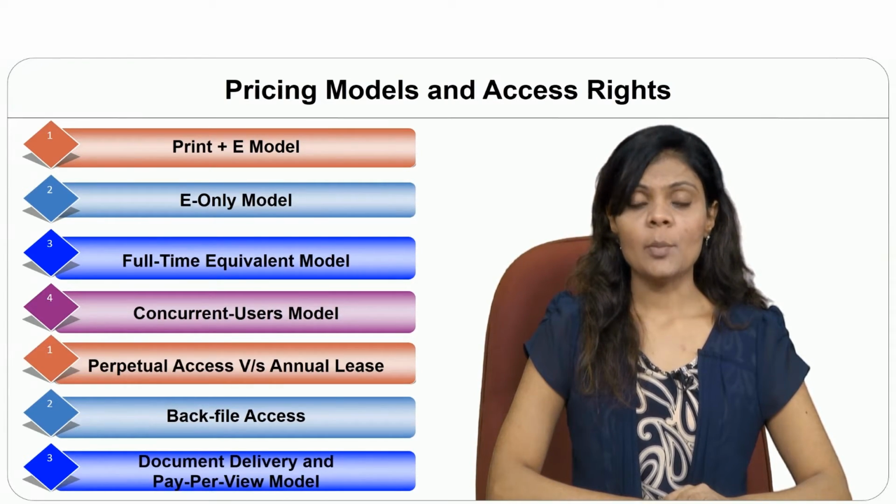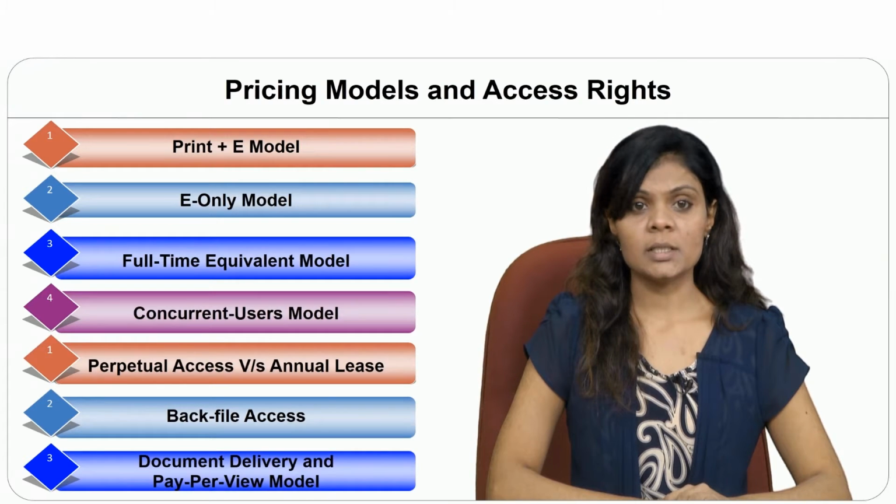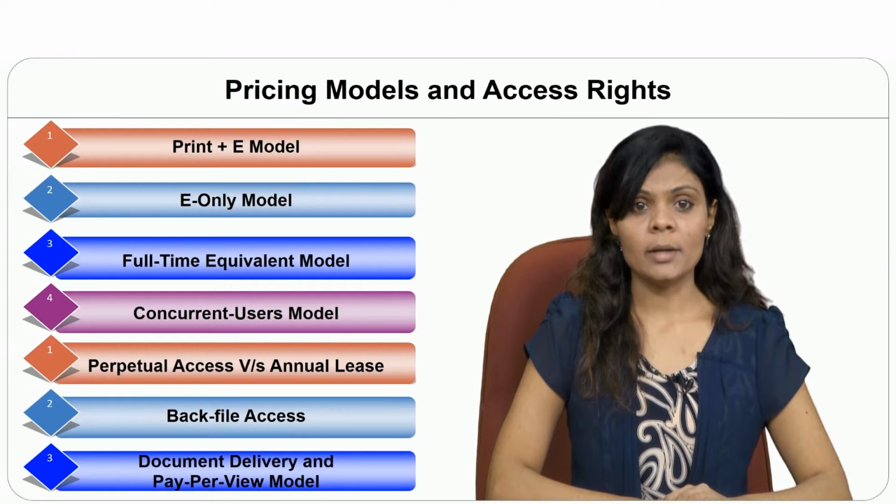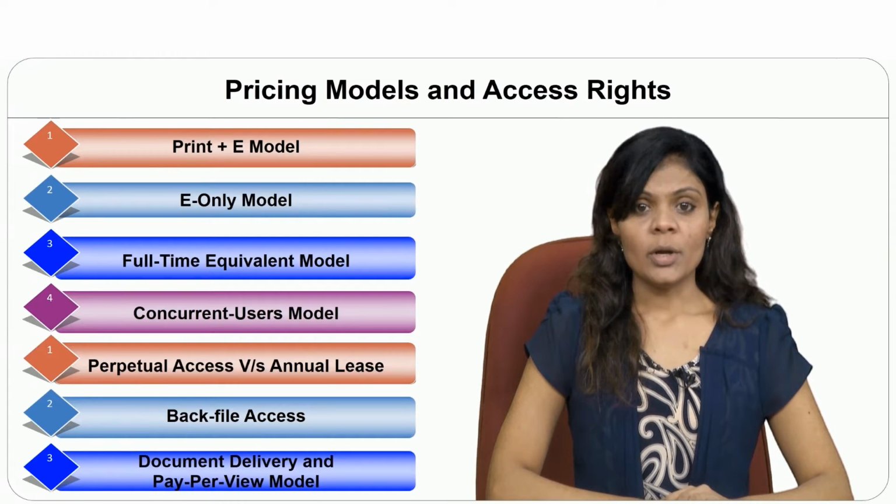Document delivery and pay-per-view model. Document delivery is an extension of interlibrary lending practice for resource sharing, which has been widely practiced worldwide as exchange of photocopy of articles amongst libraries. The emerging pay-per-view model, made available by several publishers and third-party aggregators, is likely to replace the old document delivery model. The pay-per-view model charges